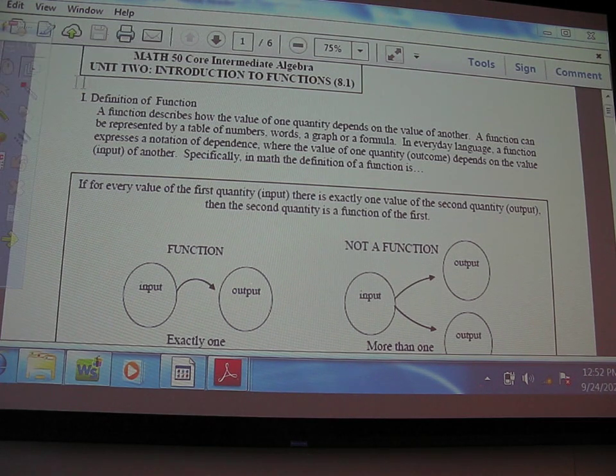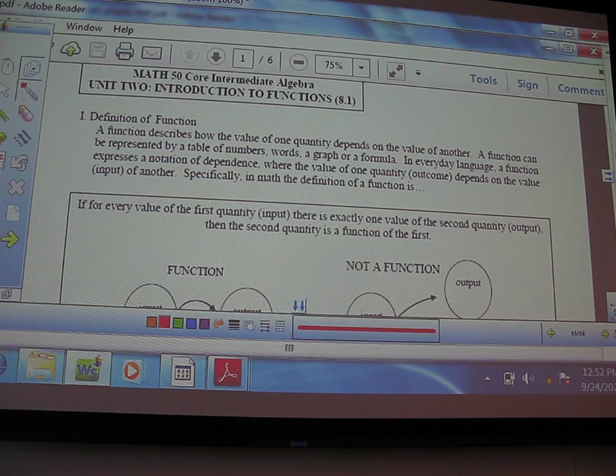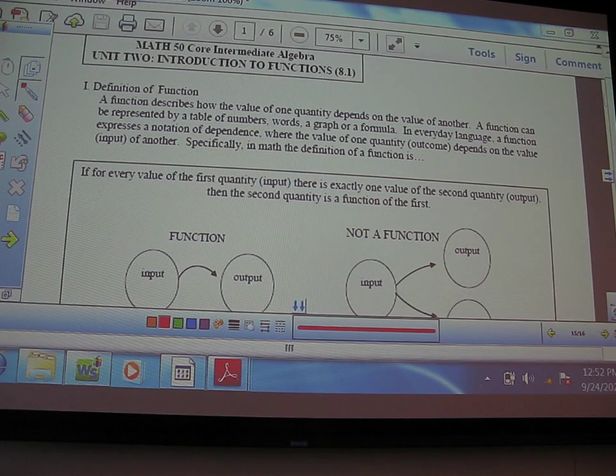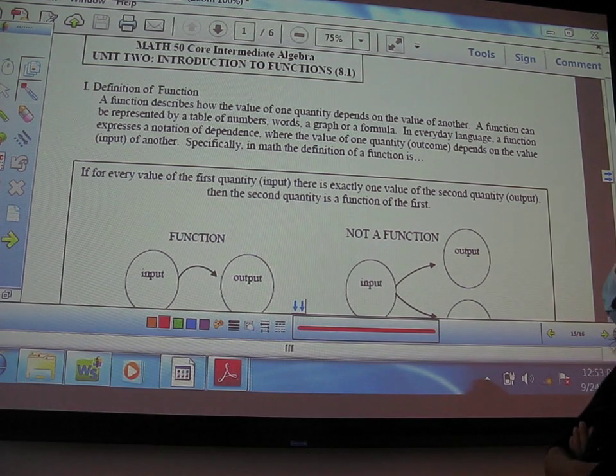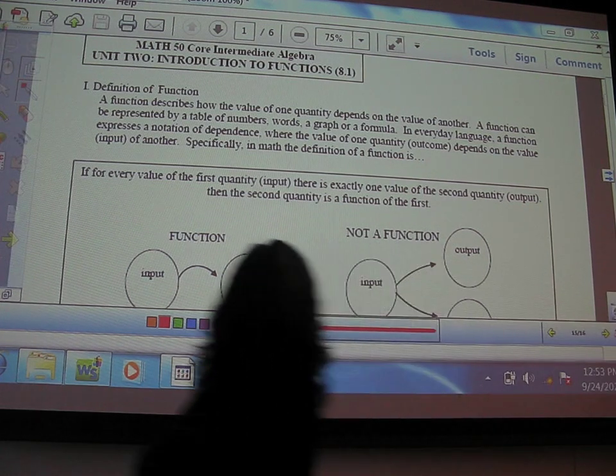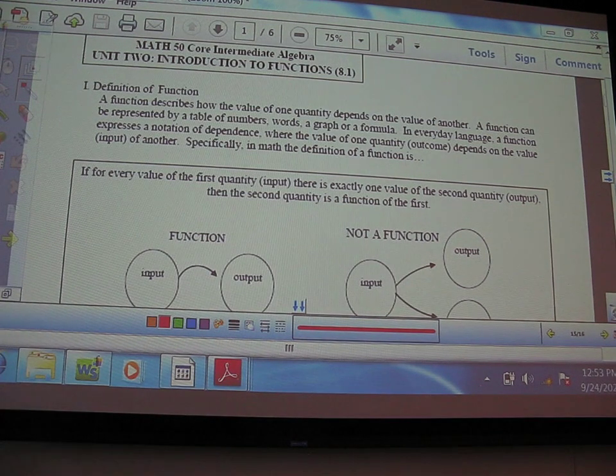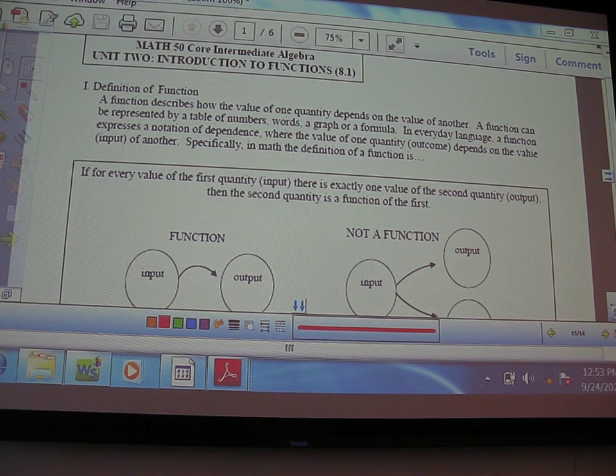Definition of function. A function describes how the value of one quantity depends on the value of another. A function can be represented by a table of numbers, words, a graph, or a formula. In everyday language, a function expresses a notion of dependence, where the value of one quantity, the outcome, depends on the value input of another. Specifically in math, the definition of a function is